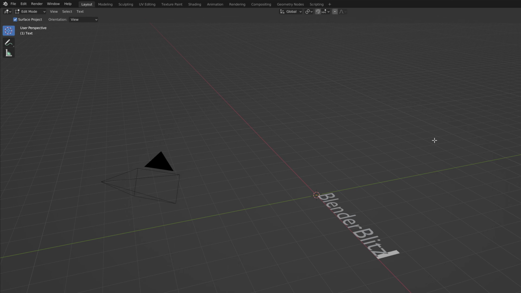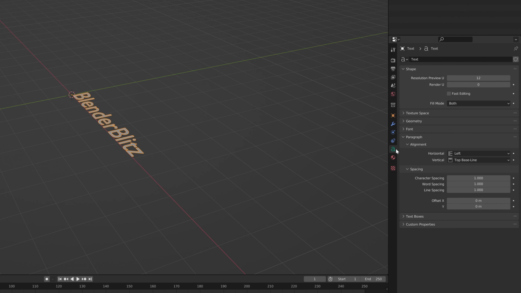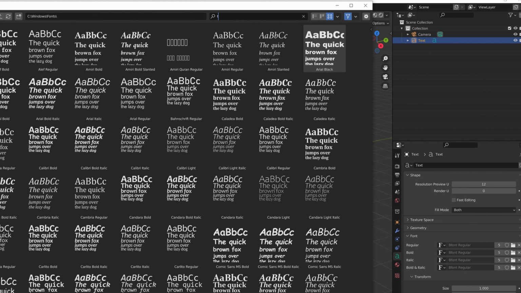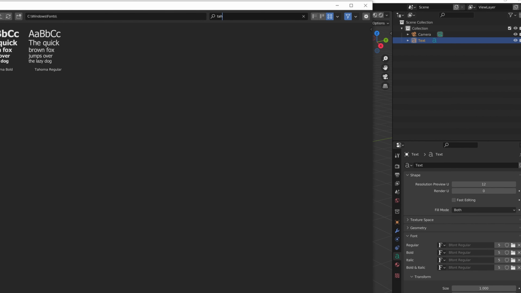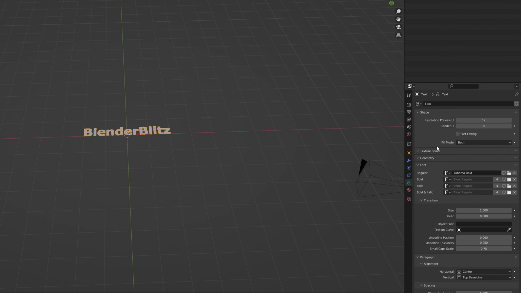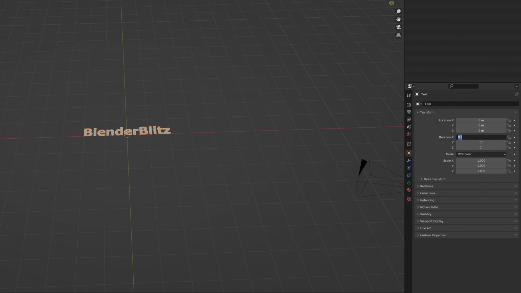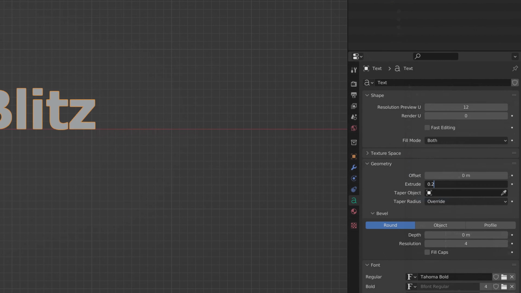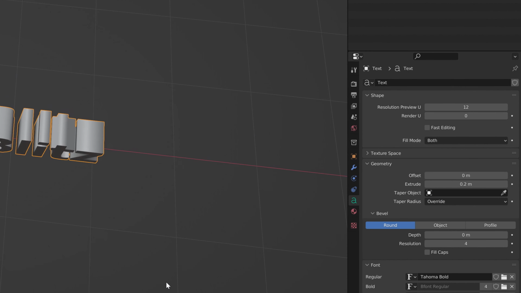Now you're going to tab back into object mode, go to text properties, and change the horizontal alignment to centered. If you want a different font, now is a good time to choose the one you want. This is optional, but I'm a sucker for Tahoma Bold, so that's what I'm going to go with. Now in the Object Properties tab, we're going to rotate this 90 degrees on the x-axis. Then we're going to go back to Text Properties, and under the Geometry menu, change the Extrude value to 0.2